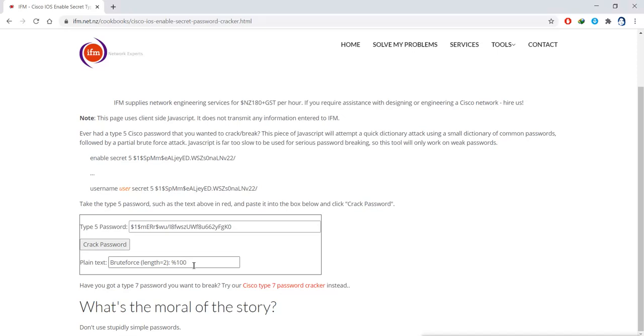Now remember, if your password is more than 8 characters, and if it is a complex password, then forget about it. Just forget about cracking this. It can take up to 300 years on your normal machine. On a supercomputer it may take at least 100 years to do this brute forcing.